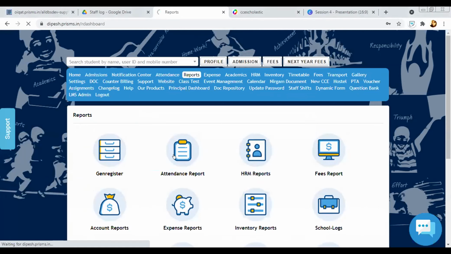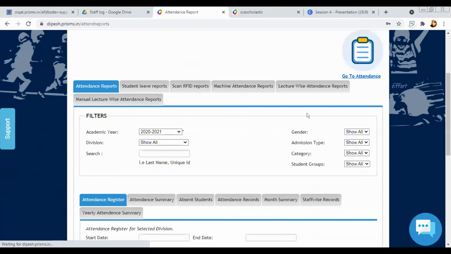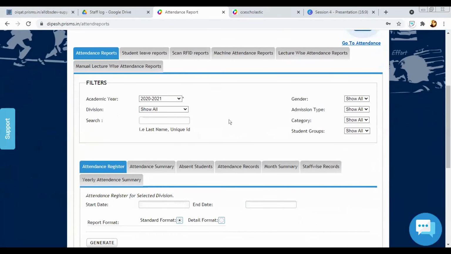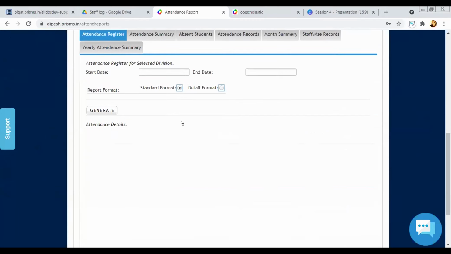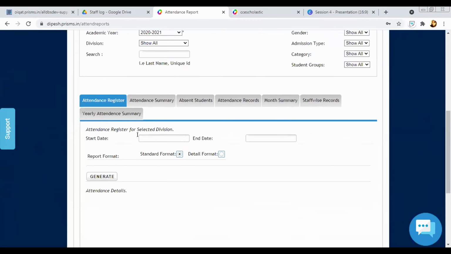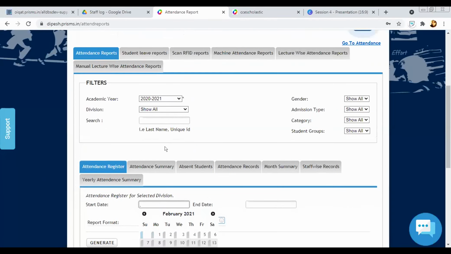Okay, so we go to attendance report. Which one exactly, monthly or yearly? So that you can open everything one by one. In the attendance register, I can check from any particular date. First, select a class and division.